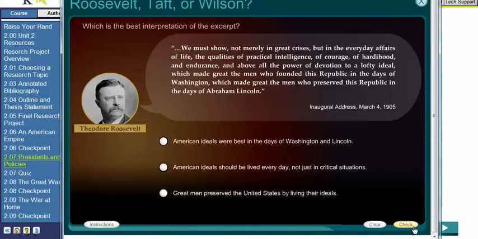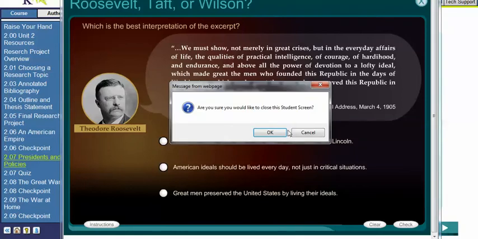To move to the next question, you can simply click the arrow at the bottom of the screen, and it will ask you another question, which is the best interpretation of the excerpt. So you have to read the quote and choose the answer that applies. So it's either going to be matching or multiple choice, mostly in nature. Once you have finished the activity,